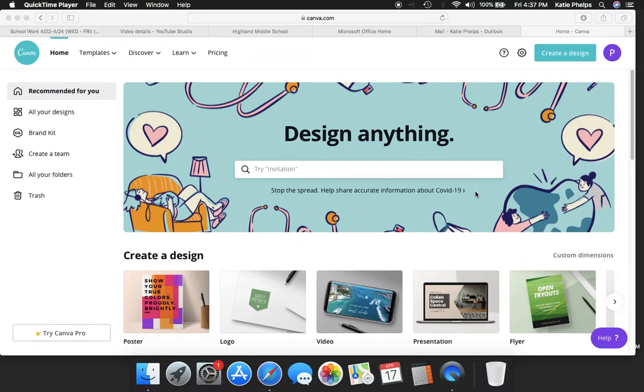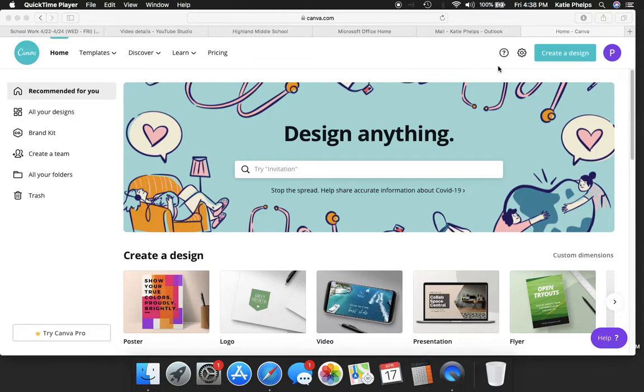Welcome to Canva.com. This is a great platform for creating digital media. We are going to use it to make digital posters, but I'll show you in a second. There's actually a long list of things that you can make using this, so you might be able to use it in the future for other things too. Here's the address up here,